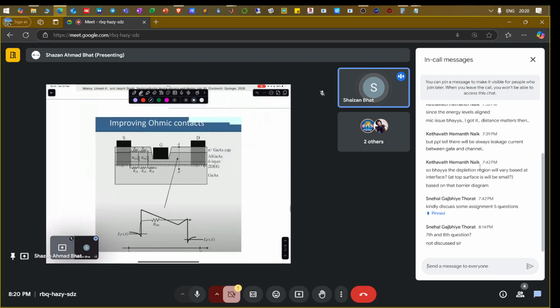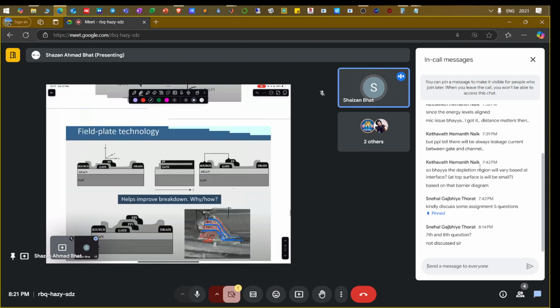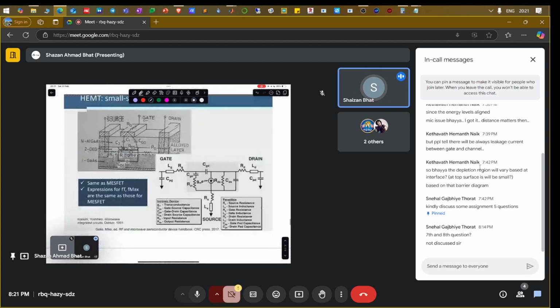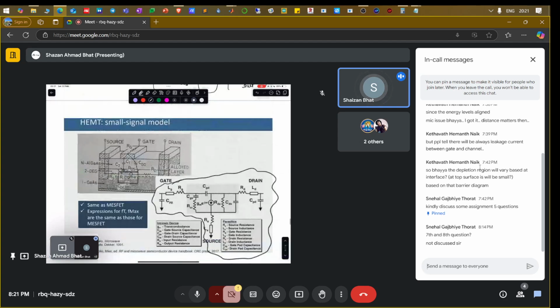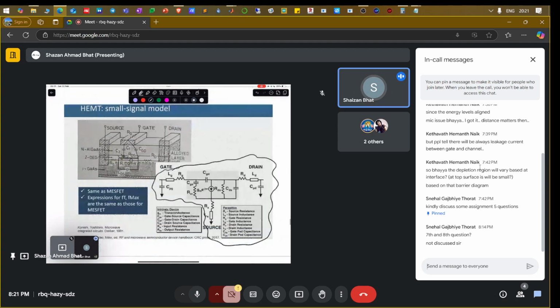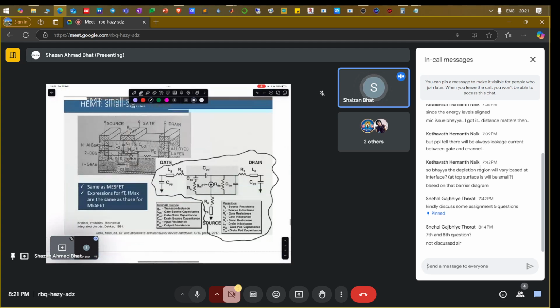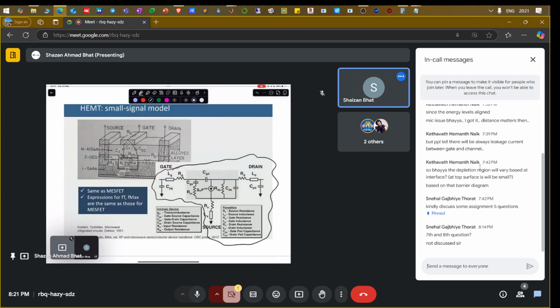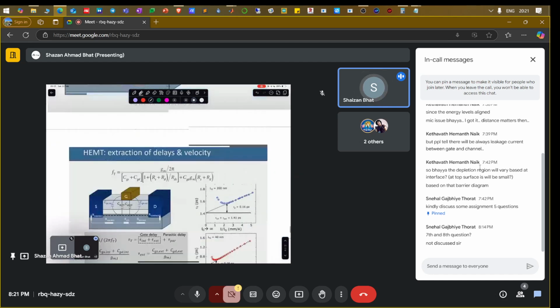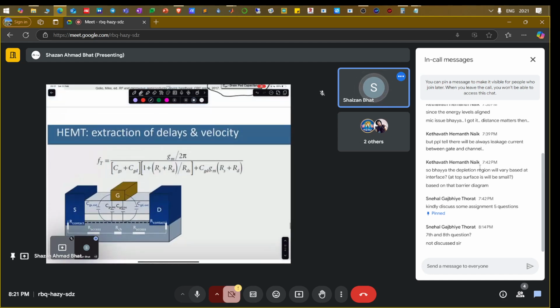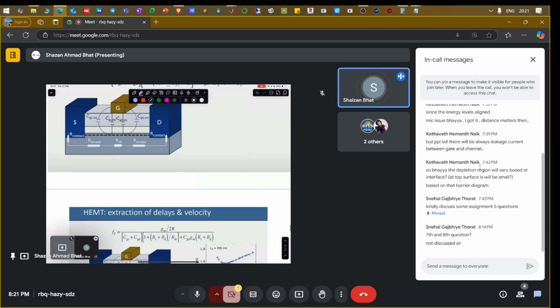I wasn't able to cover improving. I think this thing was discussed, the field plates I discussed. A little bit about the circuit diagram, but it's a simplistic thing. Most of the things can be explained in an easier fashion, and that thing is discussed with the professor, I guess. I try to explain most of the things which the professor has not explained in the slides sometimes,